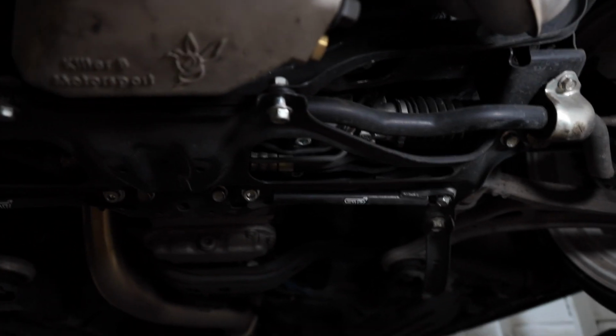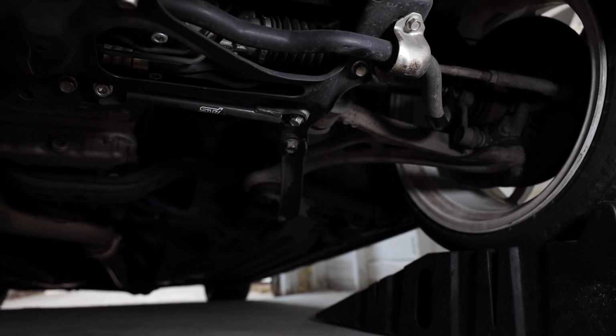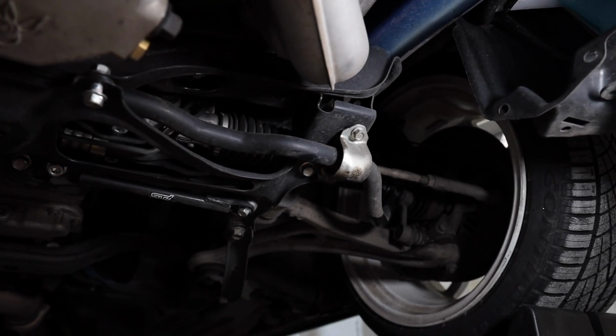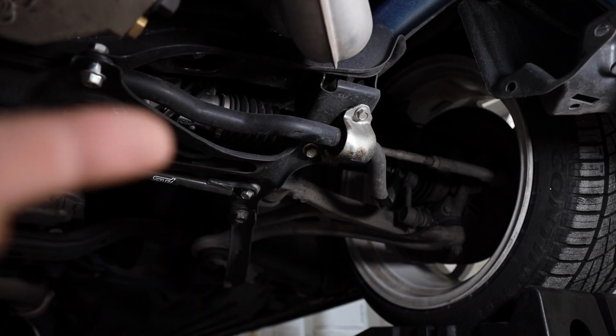So go ahead and pull all those 14 millimeter bolts out, and then there's 2 17 millimeter bolts on those trailing arms right there that connect up. Go ahead and pull those off as well, and then we're gonna be able to drop that piece. Once that piece is dropped, you can see right there, that little sway bar bracket. We gotta pull that guy off, and then we just gotta take the Endlinks out, and that guy should come